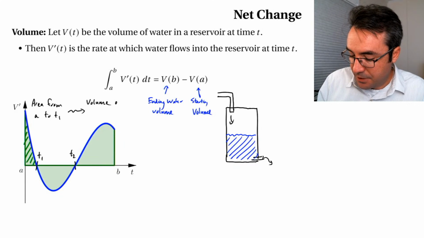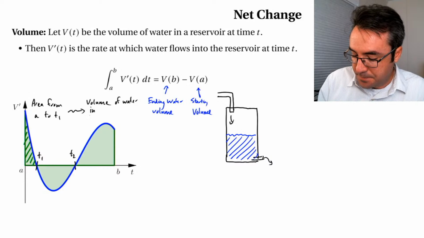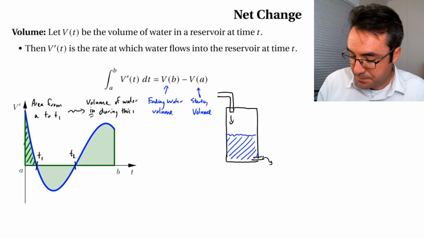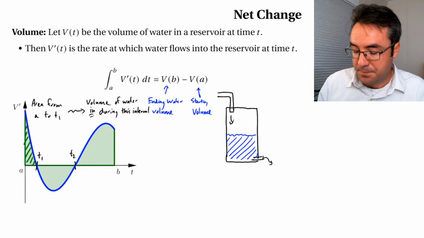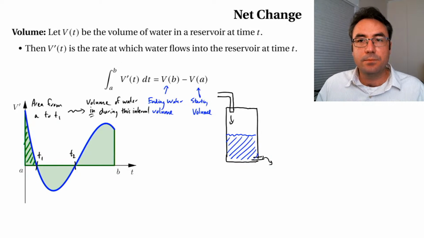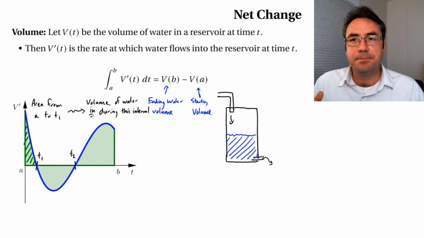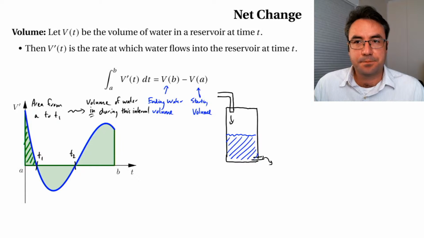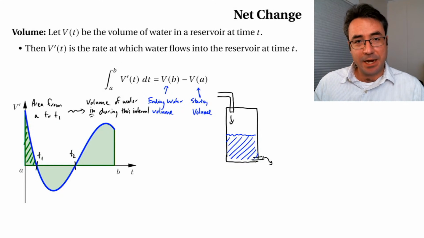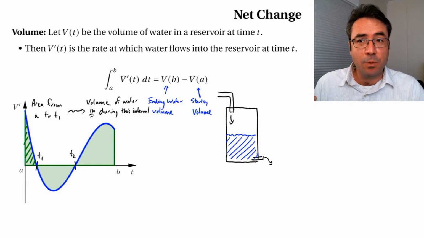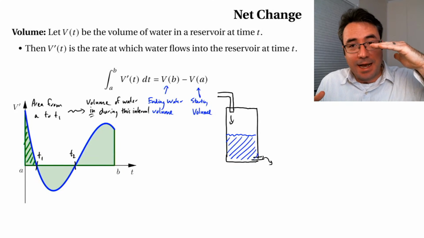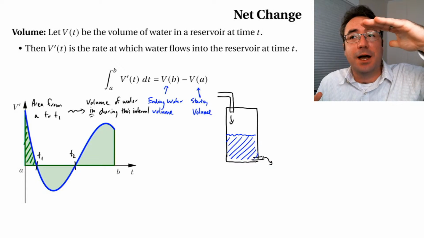So this would be the volume of water in during this interval. So if we could calculate the area of that shaded region from A to t1, that would tell us how much our water level goes up